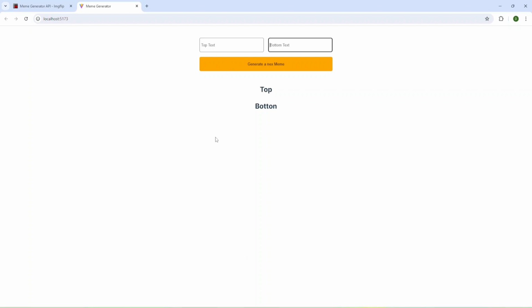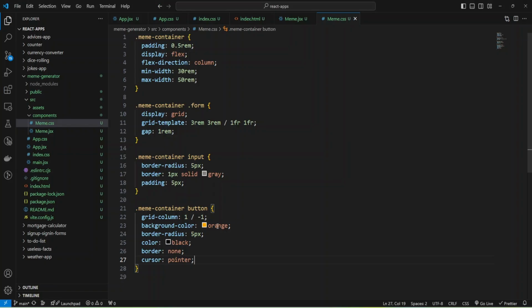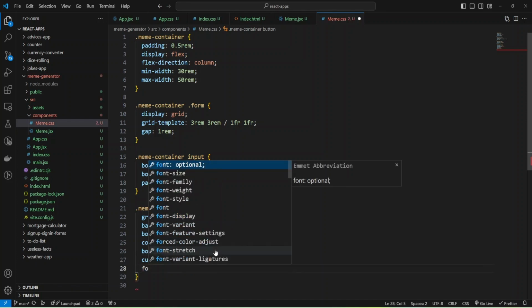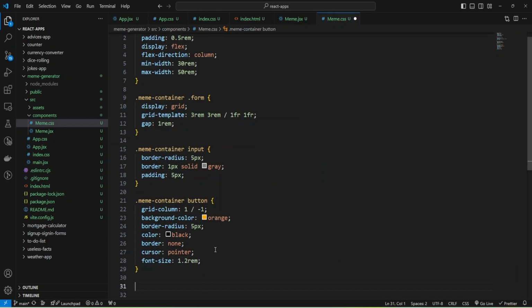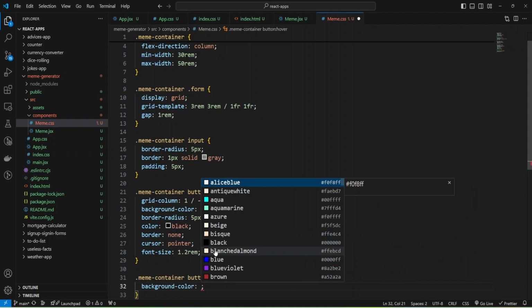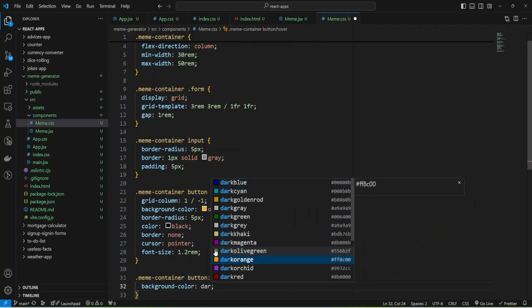Okay, we have our button, and also we have our top button text, and we can increase a bit the font for our button and add some hover pseudo class. I'm going to make font size 1.2 rem, and add meme container button hover pseudo class and change background color to dark orange.